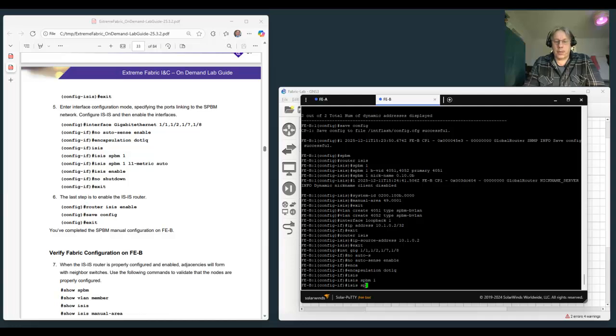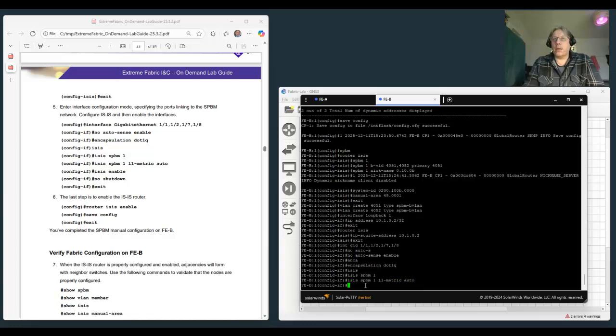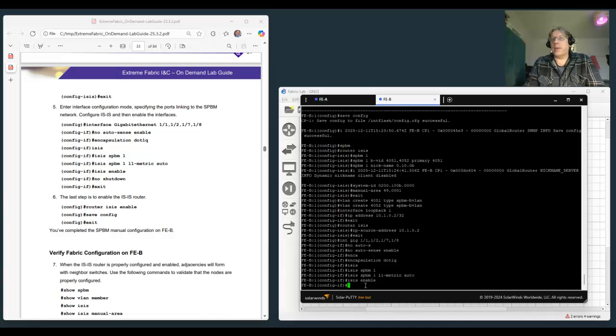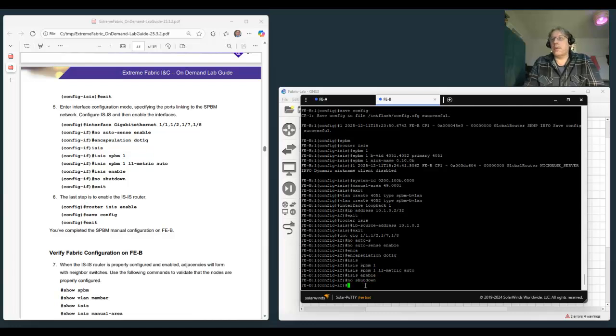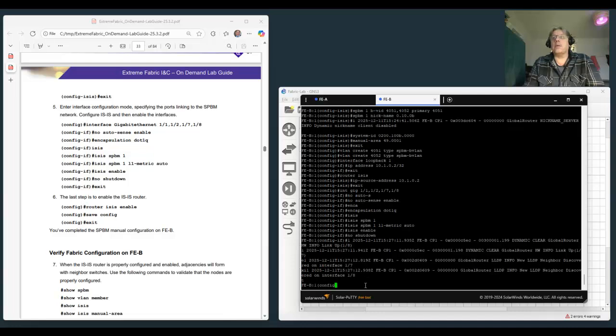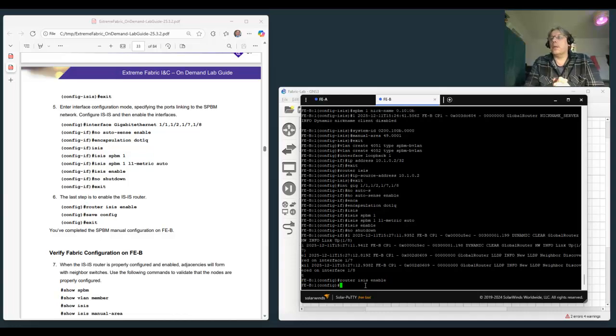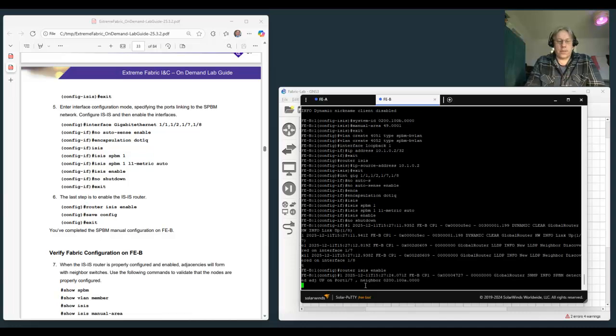ISIS SPBM1 layer 1 metric auto, ISIS enable, no shutdown, exit, and then router ISIS enable globally, save config,